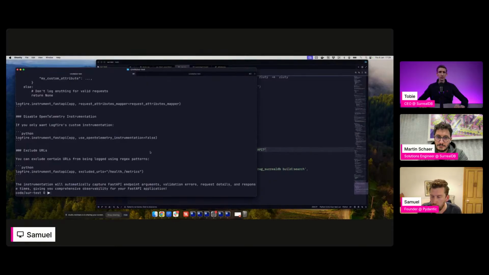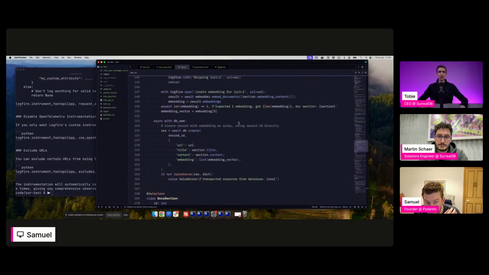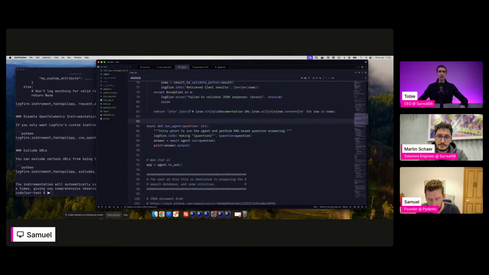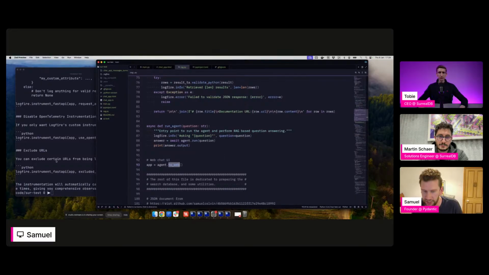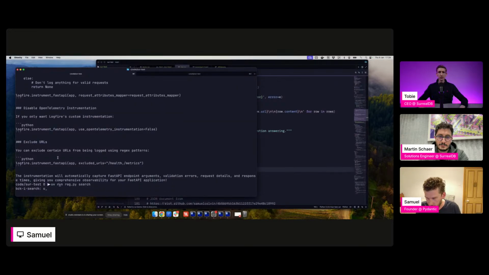This is all very well, but one of the other neat features of Pydantic AI is that we support Vercel's AI protocol. So you can just call `to_web` on an agent, and this will give you back a Starlette application. That means you can run your agent as a web interface and use it as if you're using ChatGPT or something, without having to write any more code than `to_web`. So if I run this with the uvicorn command here, I'm just running uvicorn, pointing it at RAG and at the attribute of that module, app.